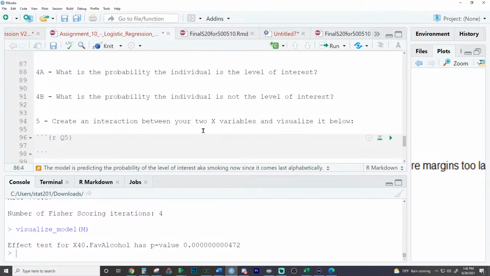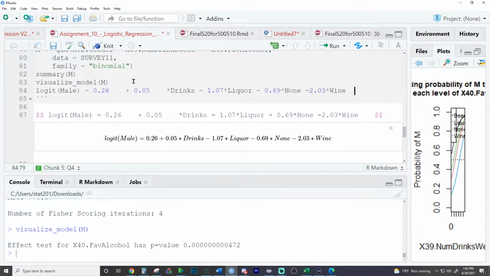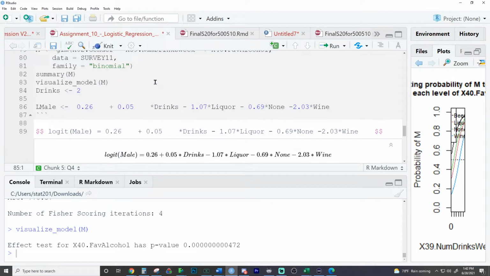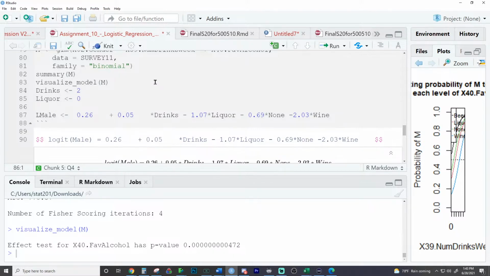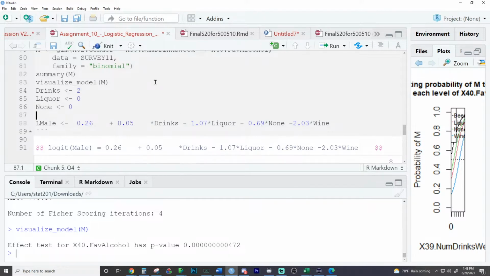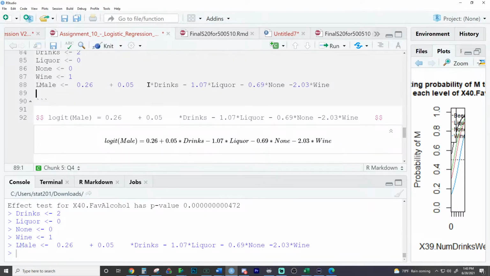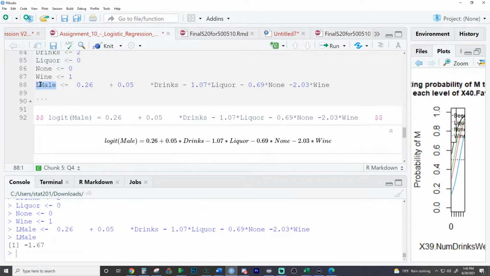And you can actually use the equal sign. You have to be careful, though, because we don't have values for this. I'm just going to call this L male for logit male. You can use the equals; it's the same thing as the store into. I want to store here drinks is equal to 2, since I'm lucky if I get 2 drinks this week. That's probably a good thing. Liquor, we'll store 0. None, we'll store 0. Wine, we'll store 1. Okay. So now when I solve this, we have just solved out and obtained a value of the following.